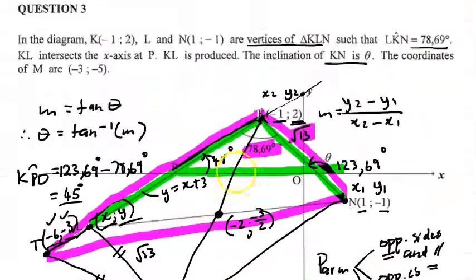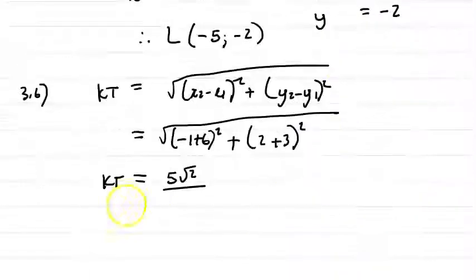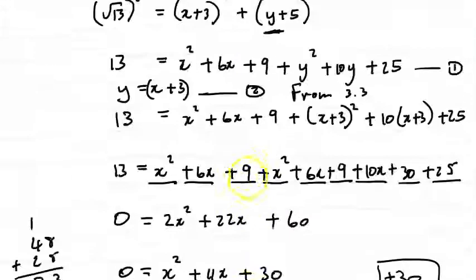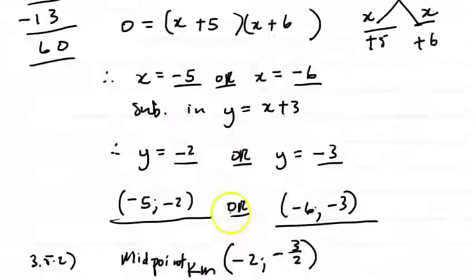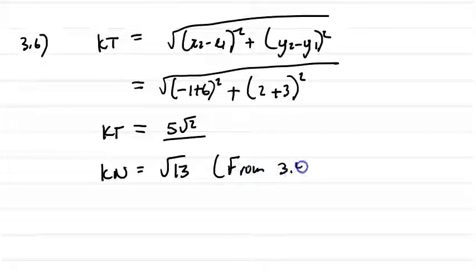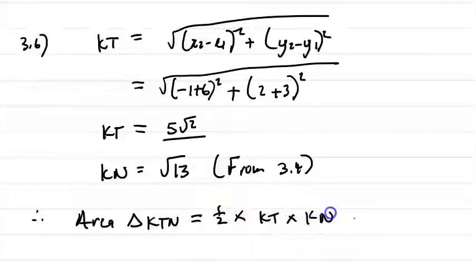And what else do we need? KN is equal to root 13. KN is equal to the square root of 13. And where did we calculate that? KN, that is from 3.4. You can just write here, from question 3.4. Therefore, we can conclude that the area of triangle KTN is equal to half times KT times KN times